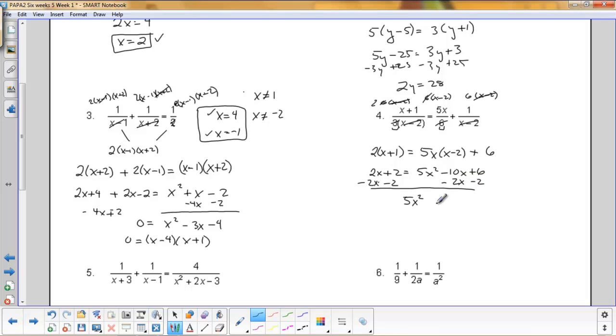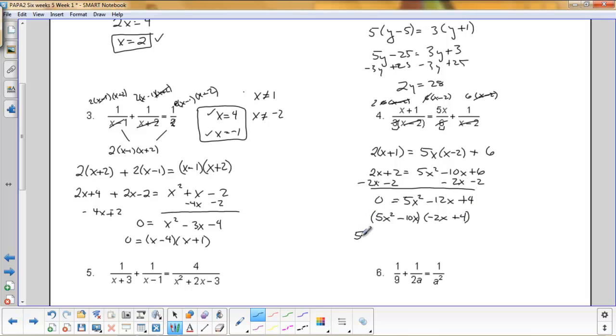5x squared minus 12x plus 4. Now I'm going to factor. I need the two numbers that multiply together to make 20 and add up to negative 12. That's 10 and 2. So 5x squared minus 10x minus 2x plus 4. How I'm going to split this? 4-term grouping